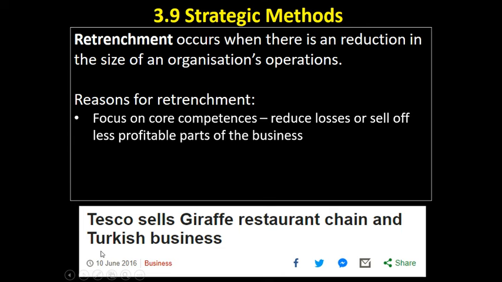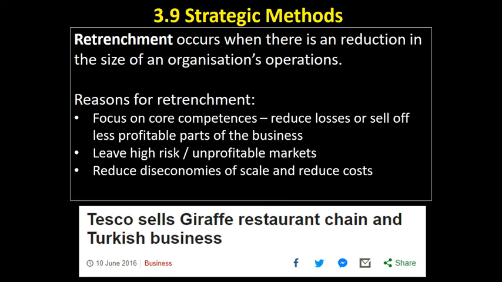They're not a restaurant owner. Their core knowledge is of the UK grocery market, so they wanted to refocus on that. So they sold off parts of their business that weren't focused on that. It allows companies to leave high-risk or unprofitable markets. If we're in those high-risk, unprofitable markets, maybe it's better to get out, and so we reduce the size of